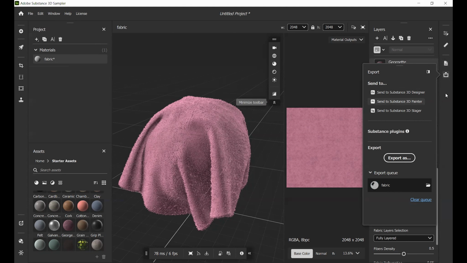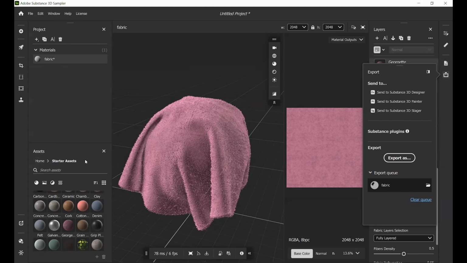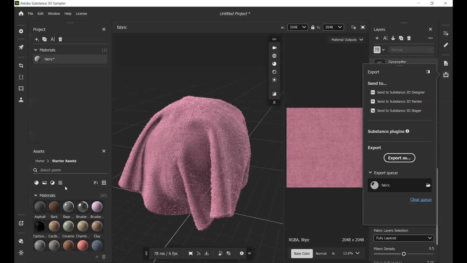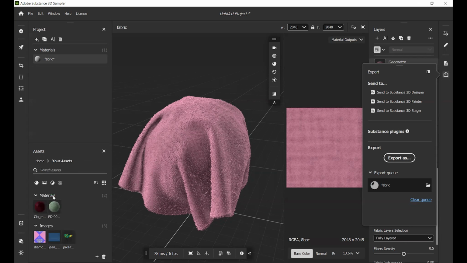Now let's talk about this side, the assets. We have the asset library here. We have All Library, where you can find all the assets, and then we have Starter Assets. Here you can find just starter assets, so you can start your work, and then you can access your assets.